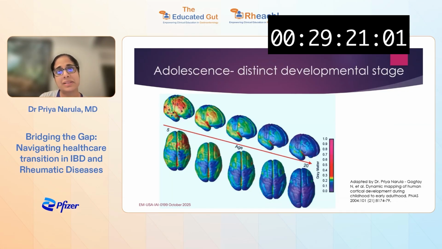Adolescence is a distinct developmental stage, and this nice study demonstrated how the brain is continuing to develop well into mid-20s. And that's why some of our consultations and the questions that we ask in clinics are framed recognizing that developing brain and developing from that concrete way of thinking to a more abstract adult way of thinking. So, for example, questions in clinic, such as what brings you to clinic today, could be answered by a concrete thinker as, well, my mum brought me here today, or I came by the bus, etc. Whereas a more abstract thinker might say,